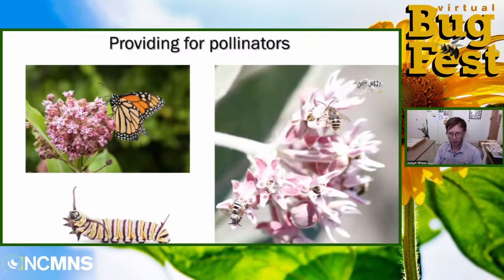One flower that I wanted to highlight is milkweed. A lot of people around the country are planting milkweed to support monarch butterflies. The monarch caterpillars feed exclusively on milkweed. And I did a study last couple of years to see what kind of native bees visit milkweed, and I found over 280 different bee species that visit milkweed. So if you plant milkweed as part of your pollinator garden, you can be supporting monarch butterflies and providing nectar for a lot of native bees.